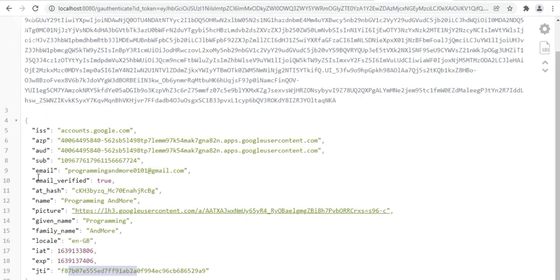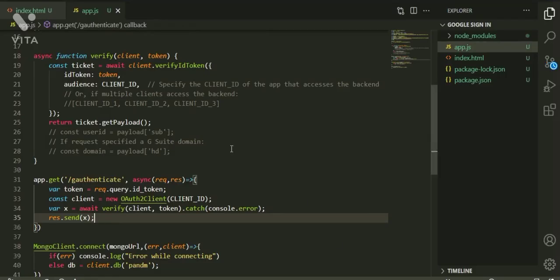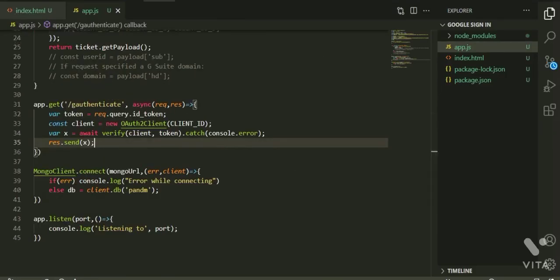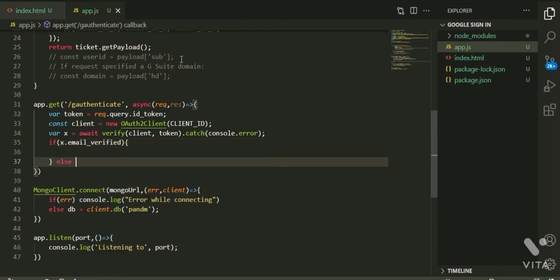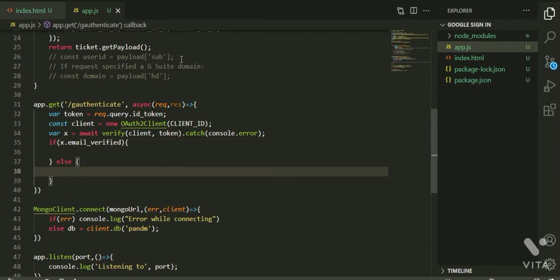So what you have to do is, this is basically x. So if x.email_verified is true, then only we can conclude that the user is genuine. So if x.email_verified, we have to do something, and otherwise we can directly send a response that the user is unauthorized.